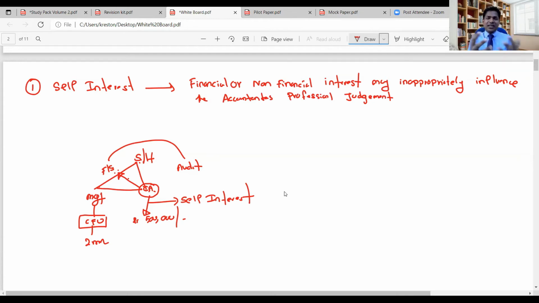Another example, let's say you are the auditor of Watch Jewelers. I'm telling an example, right? And during the audit, your audit senior is told by the managing director, you are a very good one and you are doing a lot of work. So as a gift, take this 2 pounds